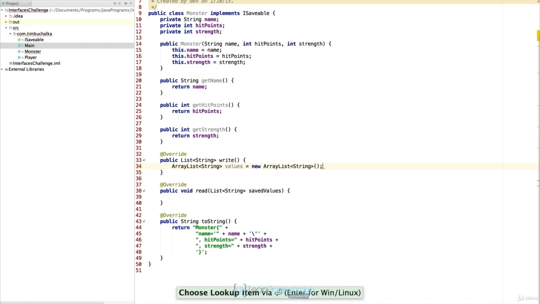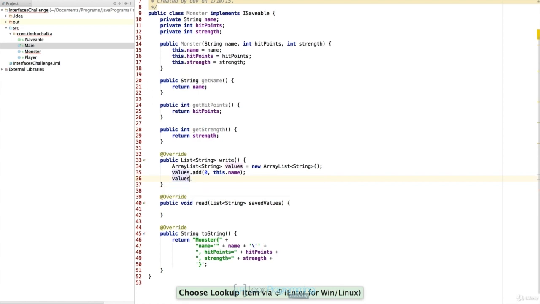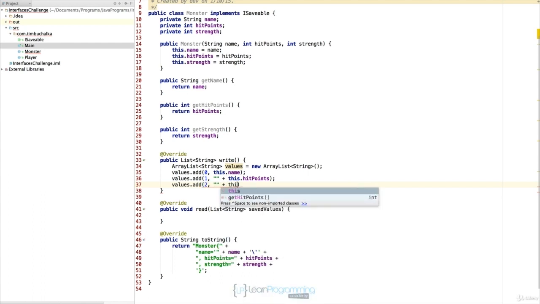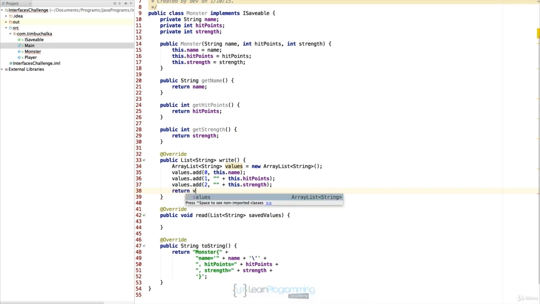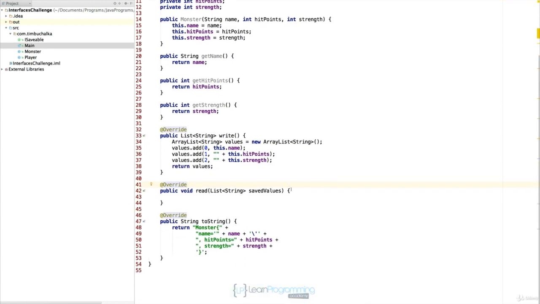Array list like so, values.add 0 this.name. We could have used the getter there if we wanted to. This.add 1 pass hit points, values.add 2 strength, and return values like so. So that's our write method, very similar to the other method we wrote in the player class of